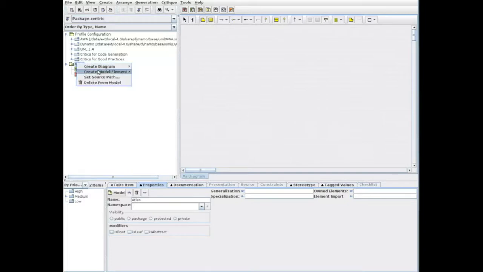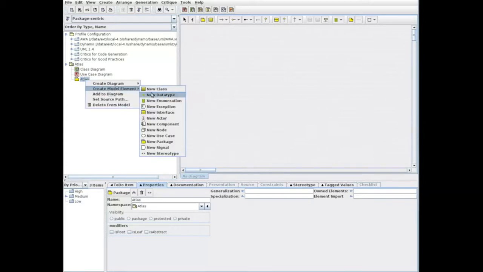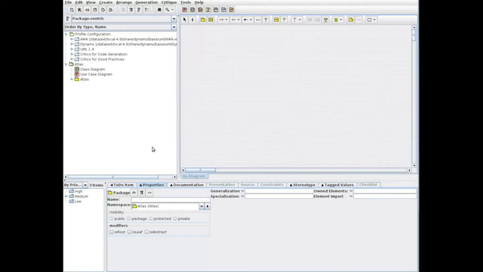The first step is to give a name to our project. The project name is Atlas. We must also create the package hierarchy. There are 3 package levels. The root package should have the project name, Atlas. Then we create a child package for the reviews module and another child package for the models.